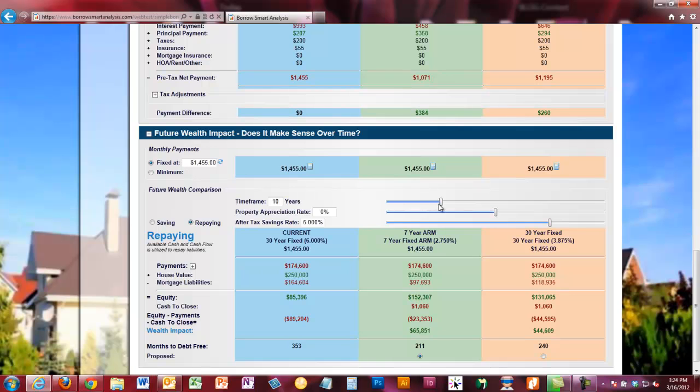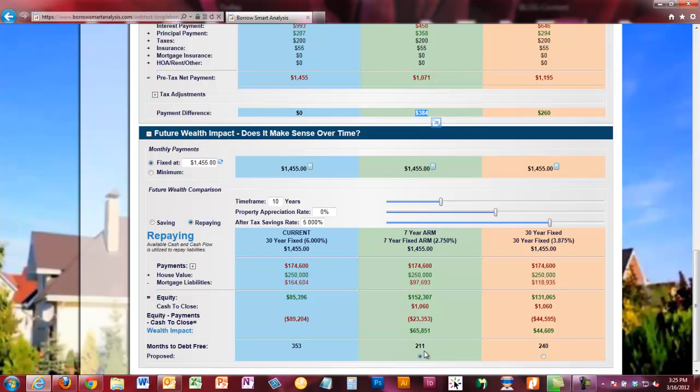This is going to pull your caps and your adjustments, and it's going to still look at the worst case or whatever you'd like to show on that ARM. So you can still show that you're much better off even after 10 years with the ARM than with a 30-year fixed. And what's really exciting is if you apply this $384 a month in cash flow that you have available, if you repaid it as a payment towards your mortgage, you're going to pay that house off in 211